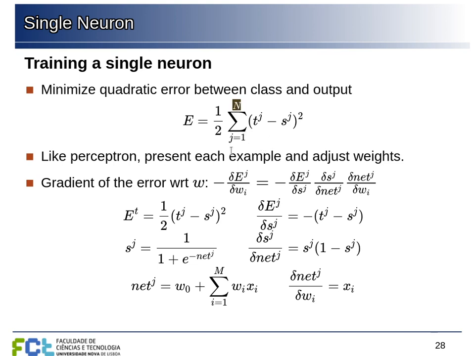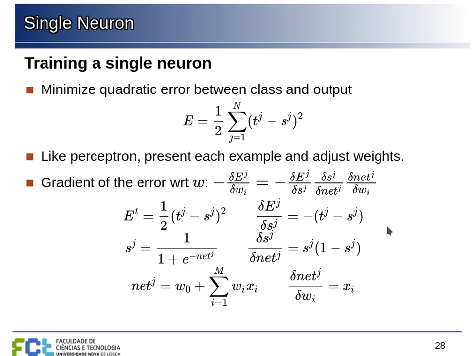So if we have n examples here, we are summing all of these to compute the quadratic error for the whole training set. Of course, we can also look only at the quadratic error of a single example or a small group of examples, and that depends on how we schedule the training. I'm going to talk a bit about that. But the idea is that this would be our loss function, the square of the difference between what we are predicting and what we should be predicting. This is often divided by 2, so that when we take the derivative, this 2 cancels with that 2 there, and we have a simple expression like this.